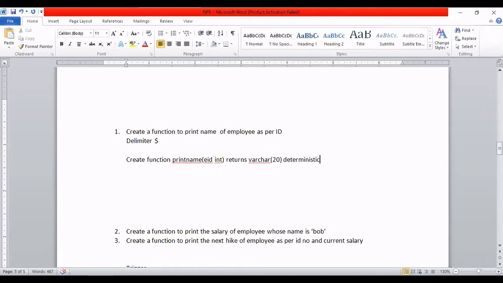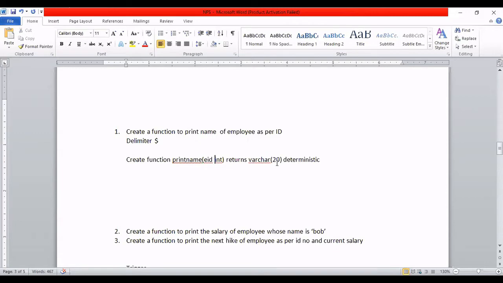What is deterministic? Here you have studied finite automata. Deterministic means single goal. So if I am giving input 1, then the name will be something like Asit. But if I change the input to 2, then the name will be different. It means that for every possible input there must be a different output.